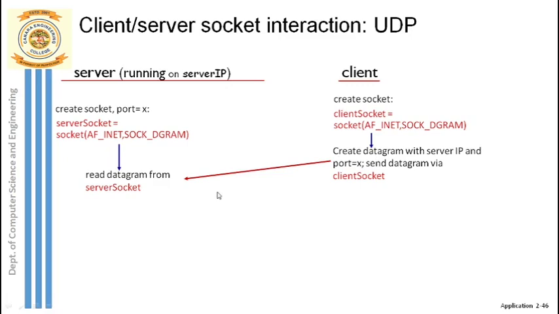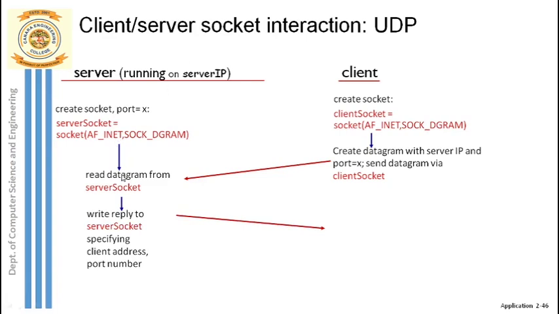So that message is now transferred to our server side. So where are you sending actually? To the server side. And who is going to receive it at the server side? It is the socket which will first receive the data at the receiver side. Okay, now read the datagram. And after reading the datagram, what is the server's job? That input sentence which is in lower case should now be converted into uppercase. Once it is converted, the output is ready in uppercase.